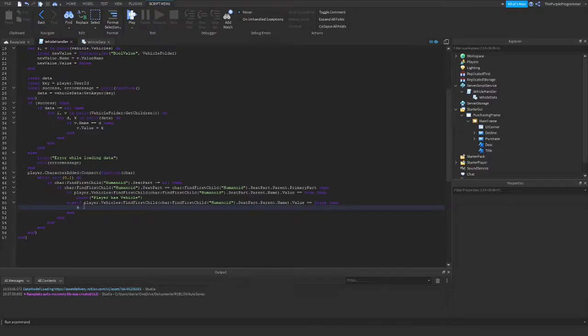So local driveSeat equals character:FindFirstChild. Okay, once you're done here, it should look like this. And now we're going to disable the driver seat